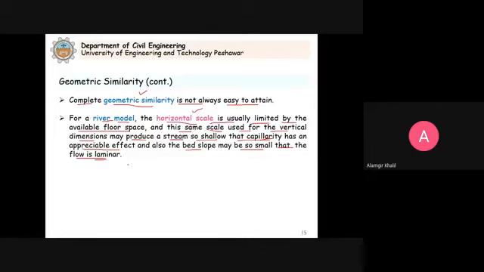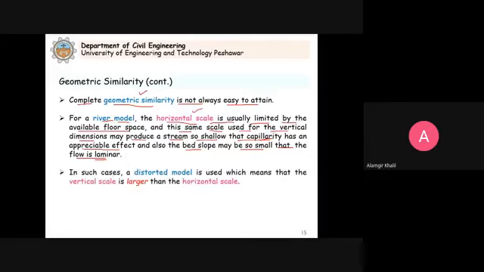So then in that case, if you use the model study to evaluate the prototype performance, it will not be accurate. Clear? So then in this case what we do is that in such cases a distorted model is used, which means